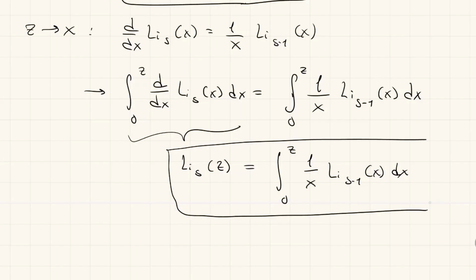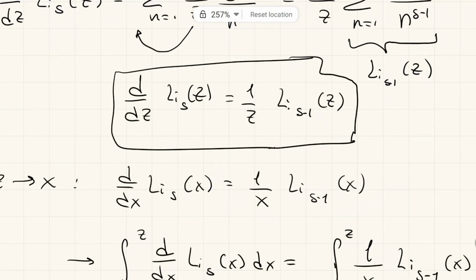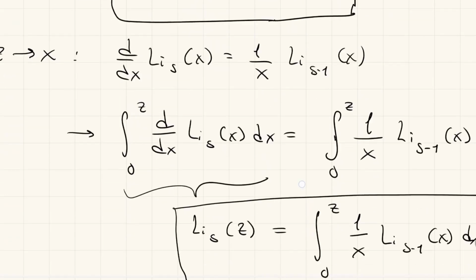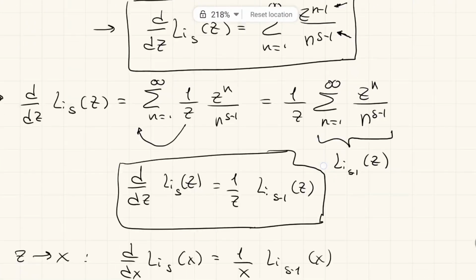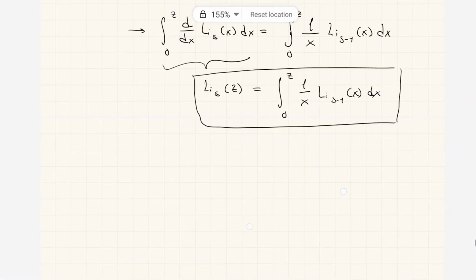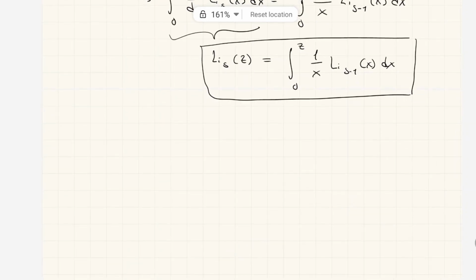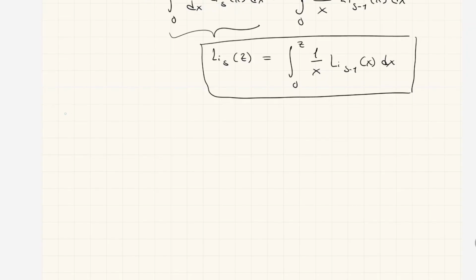And this is the third important relation that we can find for polylogarithms. It's a recursive integral relation, and we have another here, another derivative recursive relation. Okay, so now we have just found 3 important formulas regarding polylogarithms. Now what we want to do is to determine some important cases regarding